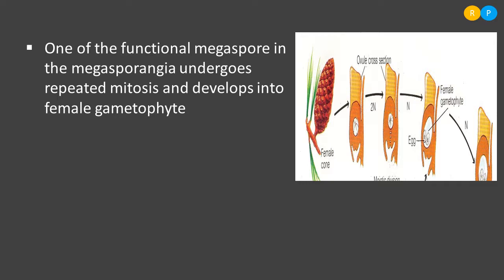So why does this female gametophyte form? All plants, we know, come across 2 different phases. The first phase is the sporophytic phase and the other phase is the gametophytic phase. In the sporophytic phase, the plant is going to form spores. And in the gametophytic phase, the plants are going to develop gametes. Clear? So in the gymnosperms, the main plant is a sporophytic plant. So initially the plant produces spores.